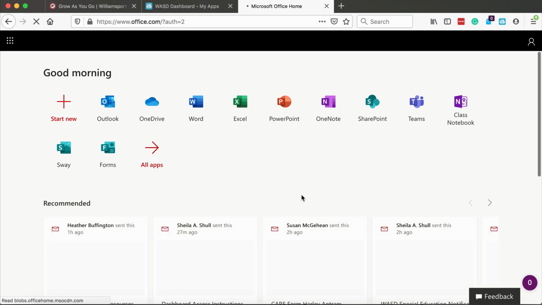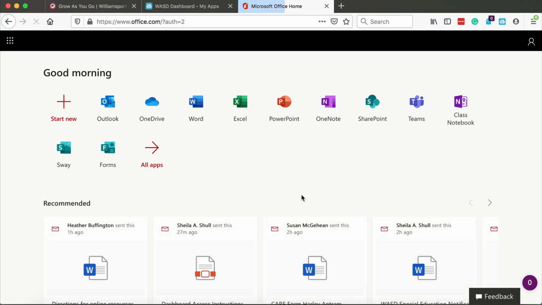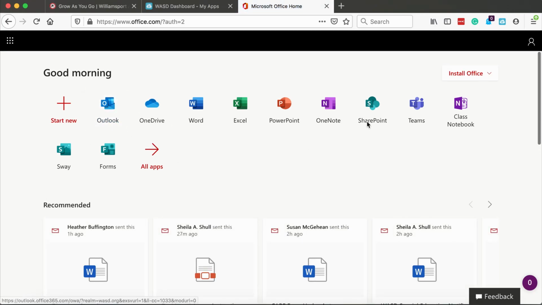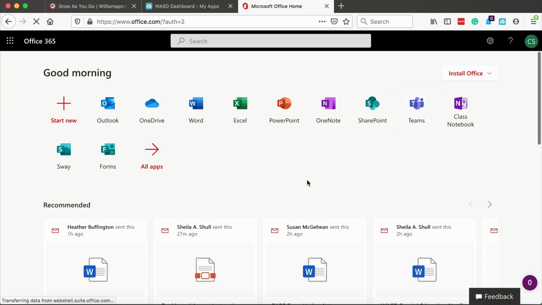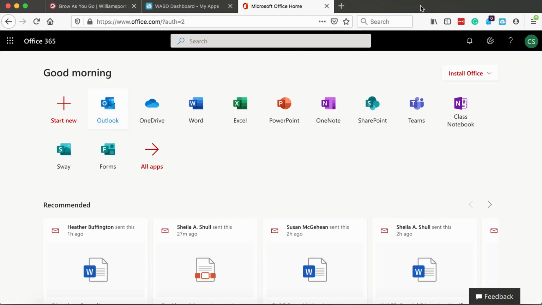Now there's a lot of options here. 2 of the main ones that you'll want to note are the Outlook and the Teams. Some of your teachers may use Teams, some of them may not, but it is available for you and your teachers. But to get to your email, choose Outlook, and you'll go there. I'm not going to show mine just because I don't want to show you emails,